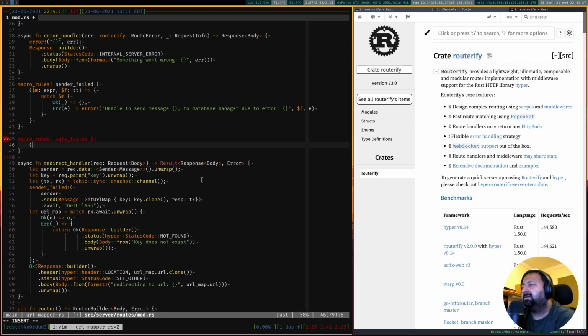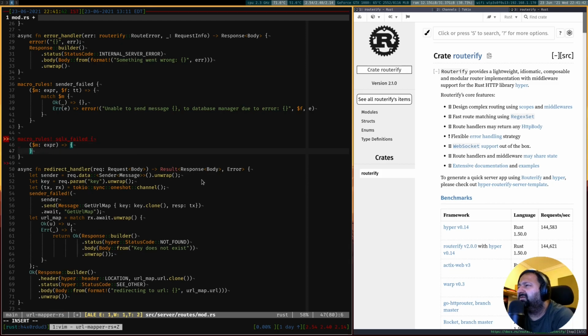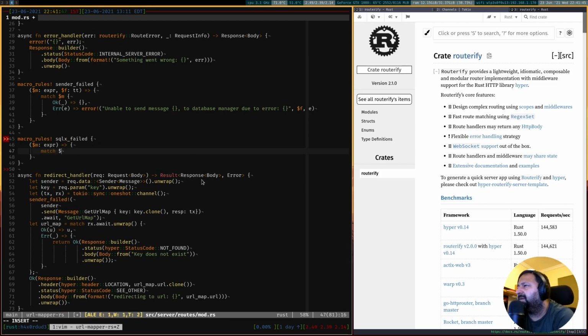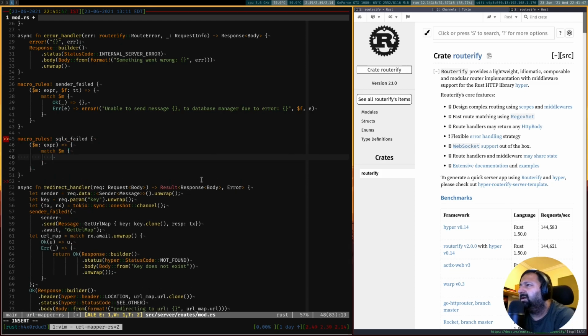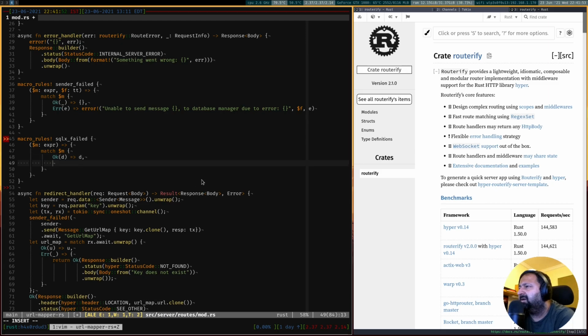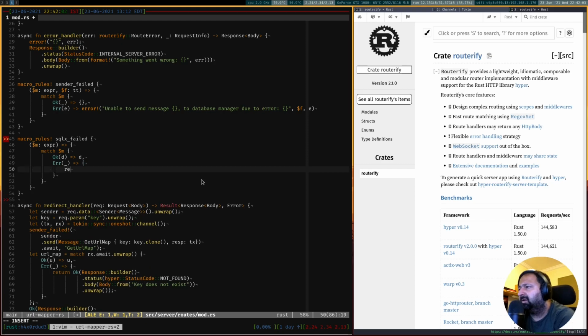Basically the SQLX for some reason failed. Okay, so let match on $M. If it succeeded, we just pass it on. However, if there was an error, we want to do this return.